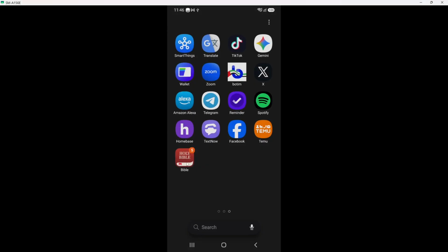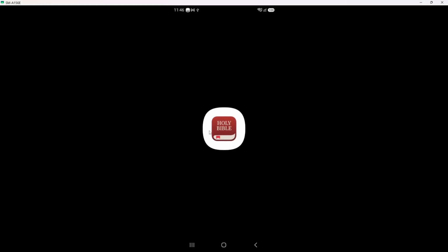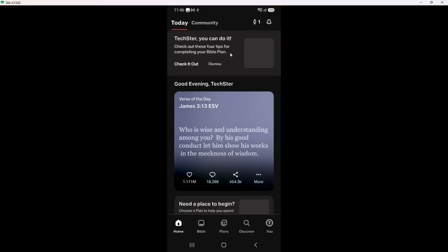First, a quick thing to know. The YouVersion Bible app does not download single chapters by themselves. Instead, you download an entire Bible version, like NIV or KJV, and that one download includes every book and every chapter ready for offline reading.